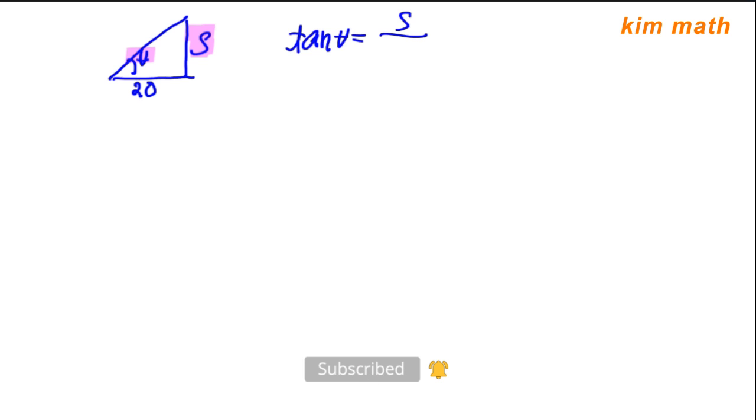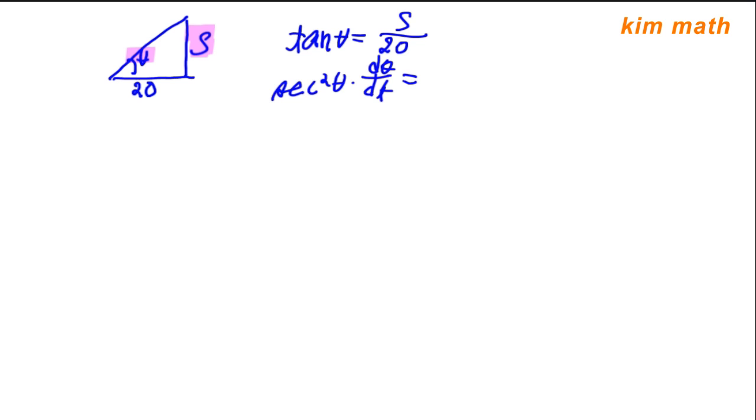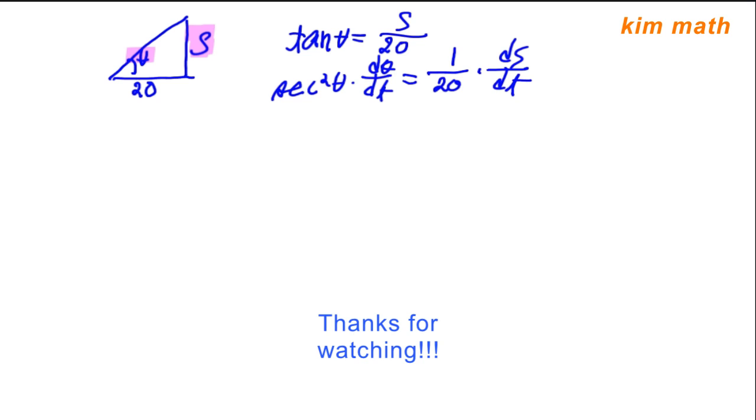Very simple and contains two variables. Now, if you differentiate both sides with respect to time, this will be secant squared theta d theta/dt equals 1 over 20 ds/dt, right? So in this case, please note that these two rates,